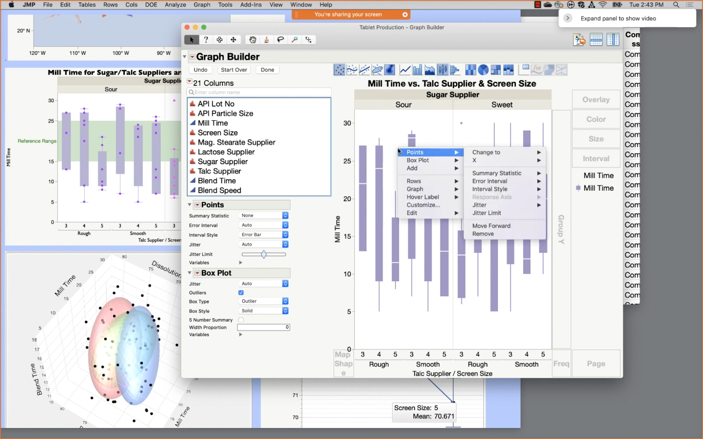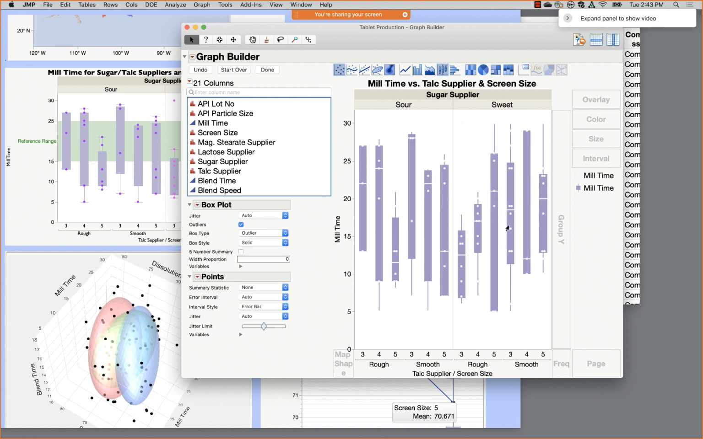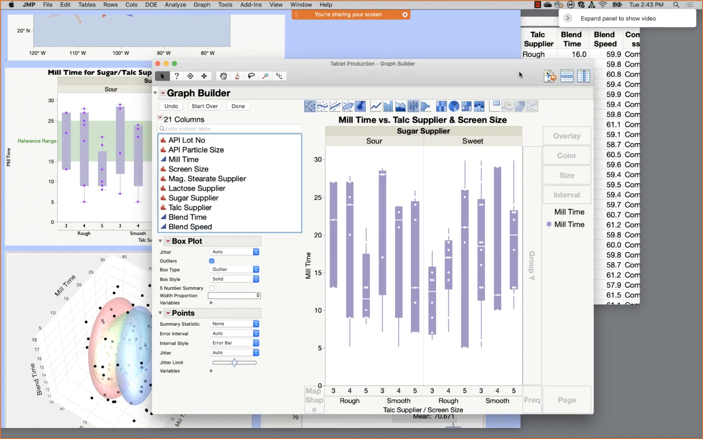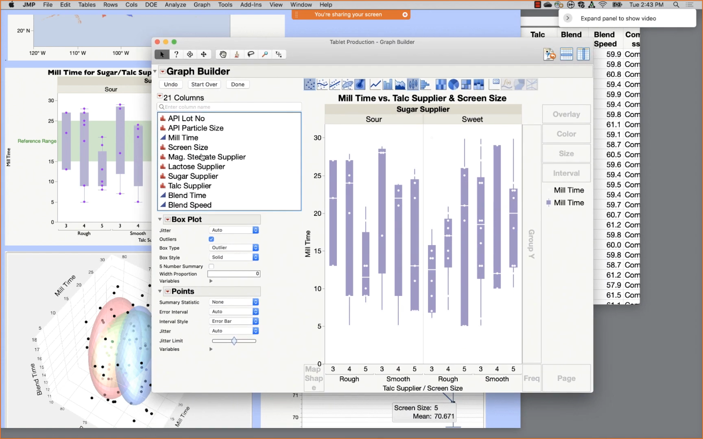So again, we right click in the back and we ask the points to move forward or the box plots to move backwards. So I right click, choose points move forward, or else box plot move backwards. But I don't want the points to be white. So here I can come over to the mill time, and I think I want to color them differently by sweet and sour. So if I take the sugar supplier for the color,